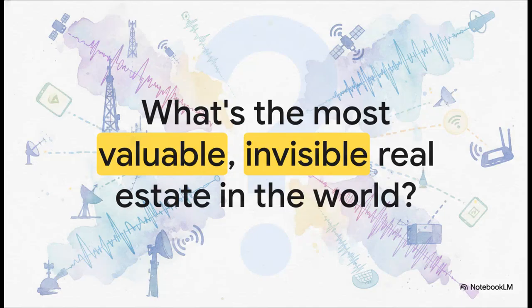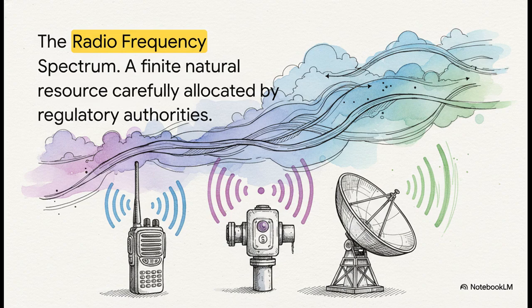So before we really get into the weeds, I want to kick things off with a question to get you thinking. I mean, as a tech, you're working with this real estate every single day. So what is it? What's the most valuable but completely invisible real estate in the entire world? You got it. It's the radio frequency spectrum. If that's what you were thinking, you're dead on. It's this invisible battlefield, right? It's where everything happens. All our wireless communications, from the supercritical two-way radio stuff, all the way to those industrial IoT sensors popping up everywhere.